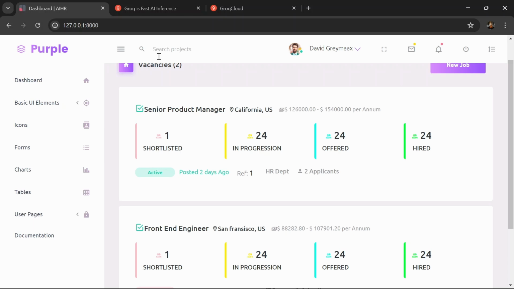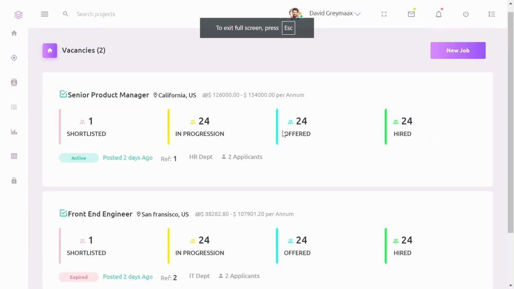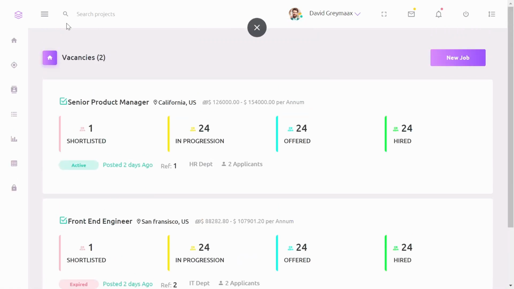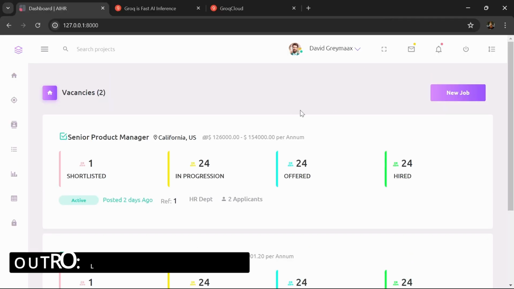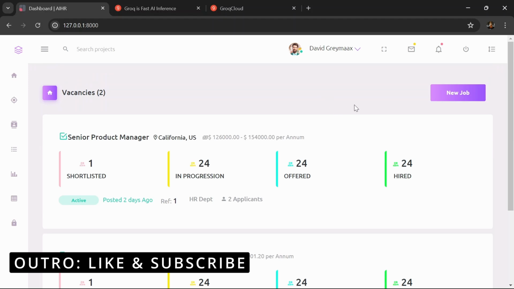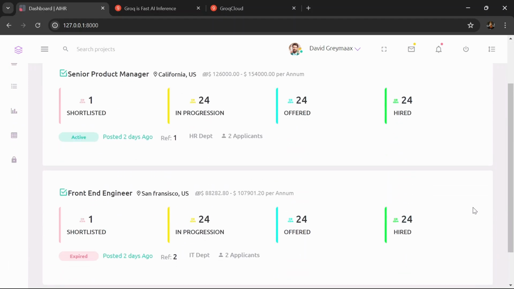At this point, I think we are done with most of the functionalities, but of course you might have overlooked some things like user authentication. We need access control of the people who can access the HR dashboard. We also need access control for the people who can shortlist candidates and so on. So I would encourage you to do research and figure out how you can implement access control on some of